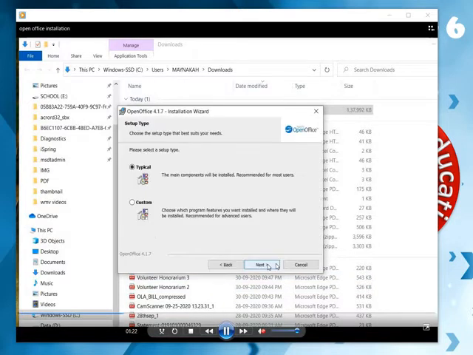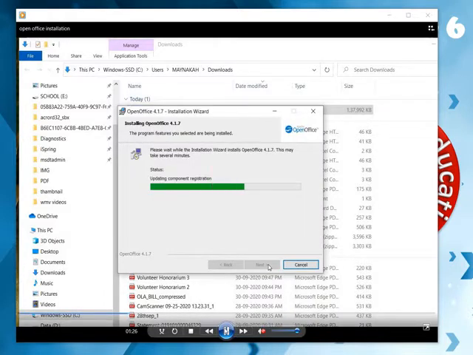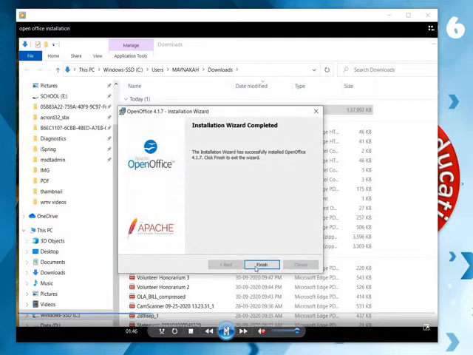Then you can keep on clicking the button. Now the installation is over, that is completed. So click the finish button.